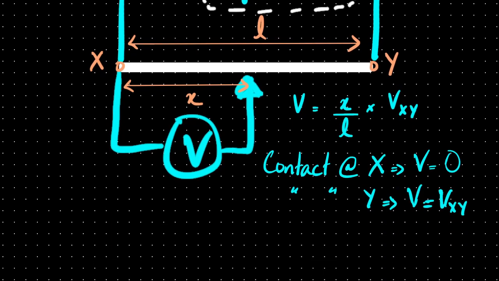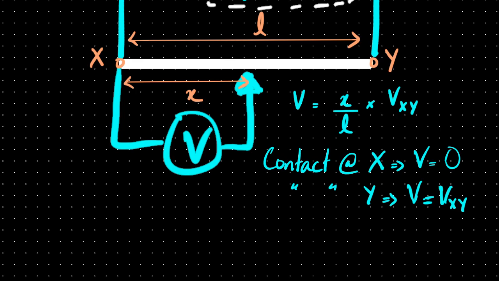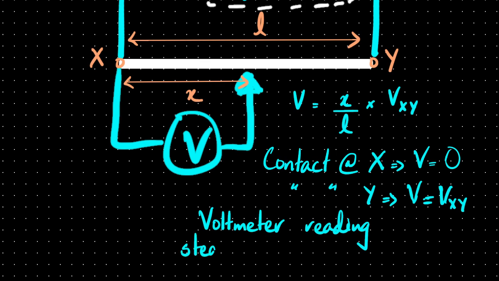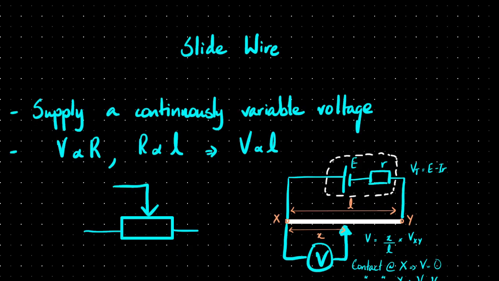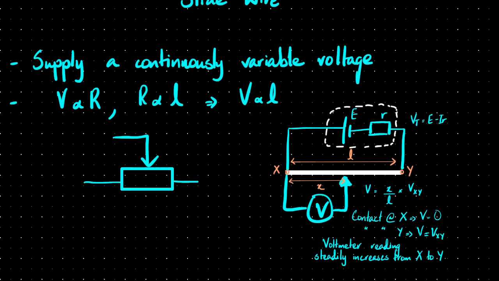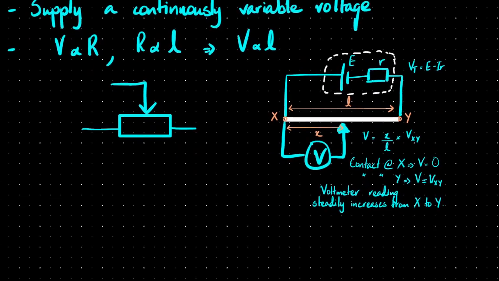And if we talk about how it's changing, we can say that the voltmeter reading steadily increases from X to Y. So this is the basic idea of a potentiometer, but the more challenging questions that